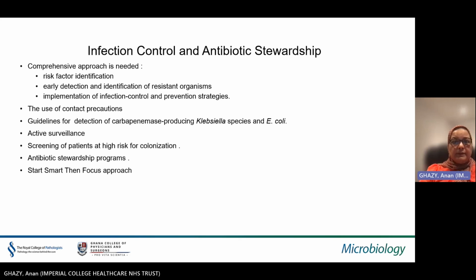The use of contact precautions. We should develop guidelines on how to identify these organisms in the lab. Should have a system with active surveillance, screening of the patients who have high risk factors for colonization with multi-drug